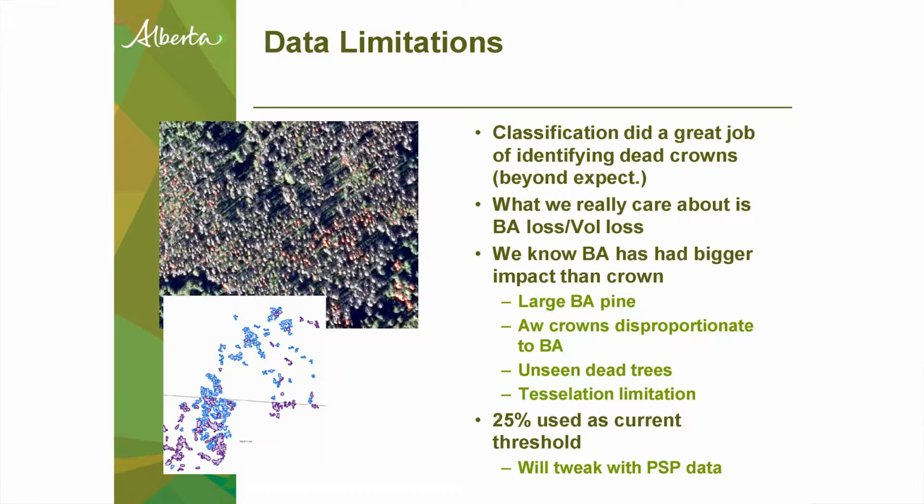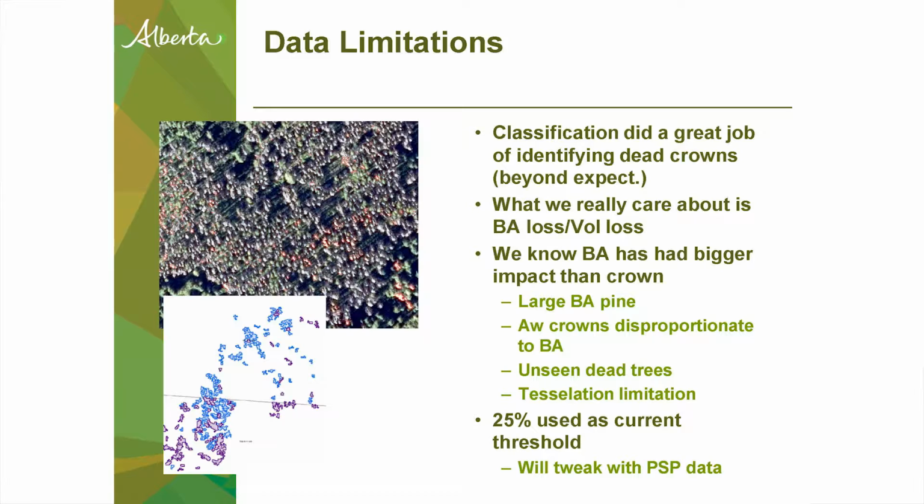You have beetles preferentially hitting large trees. You have large aspen crowns that are knocking down, which also skews the numbers. You might see a large canopy dead tree, and you might have a small one that you cannot see, which you would pick up on the ground. So there are all these different factors that are providing a different number. They're not errors. They're different.